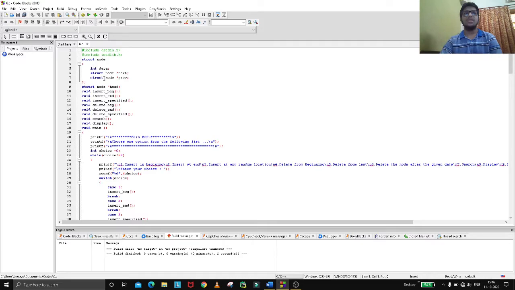Now we are creating a head pointer, another structure node, and some functions: insert at beginning, insert at last, insert at specific, delete at beginning, delete at last, delete specific, search, display.